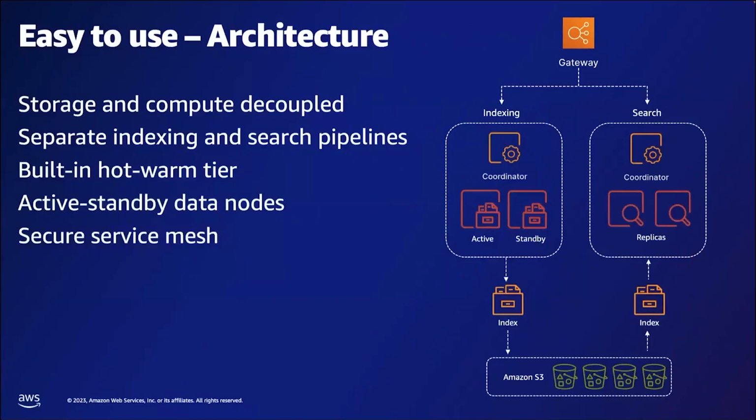we have created a cloud native architecture where your data is stored in Amazon S3. It's decomposing the monolithic open source service into different microservices. Today, if you look at your data node, it runs the ingestion as well as search. Serverless separates the indexing component from the search component, with Amazon S3 being the primary data storage. This decoupled architecture lets you scale search and indexing functions independently of each other, and it also comes with a built-in hot and warm tier, particularly in the log analytics use case where you are more focused on recent data while the older data could be stored in the warm tier.